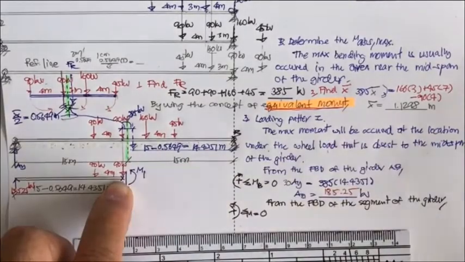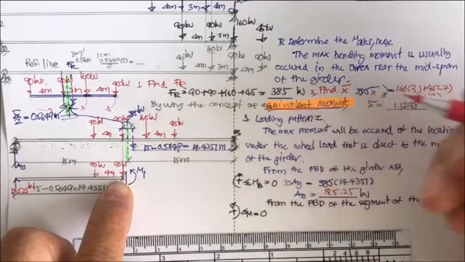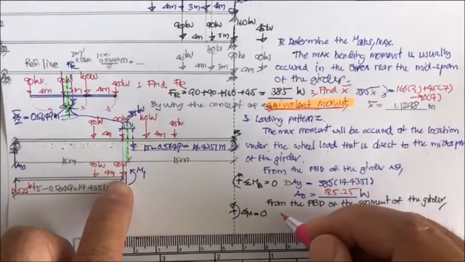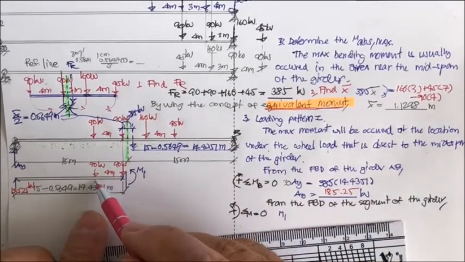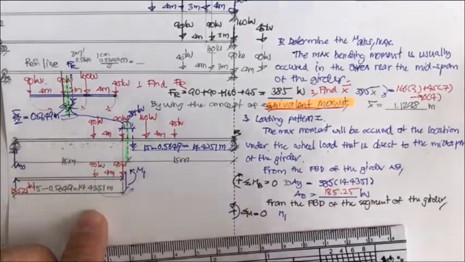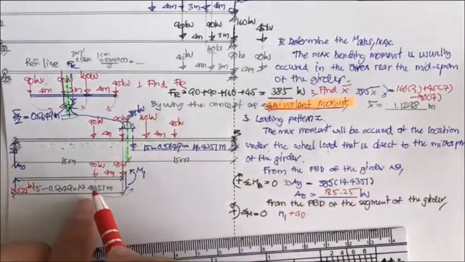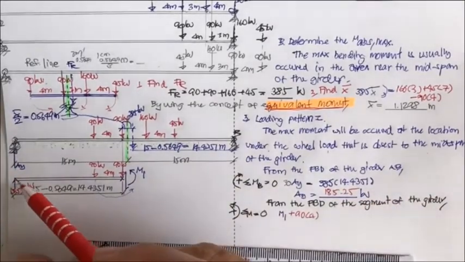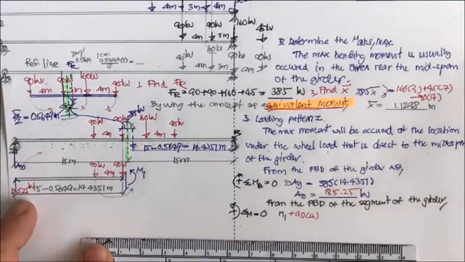This is for the first case, for loading pattern 1. The M1 gonna rotate this one, and then this one gonna rotate with the M1. So we plus 90 times 4. However, this one gonna be in the opposite direction, so that is